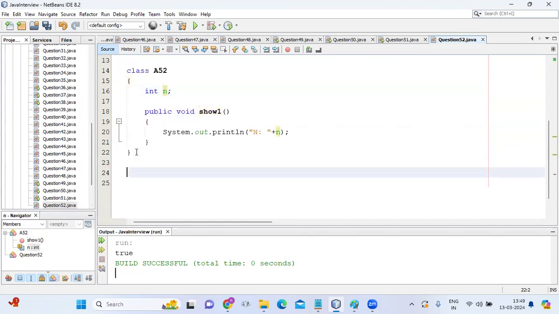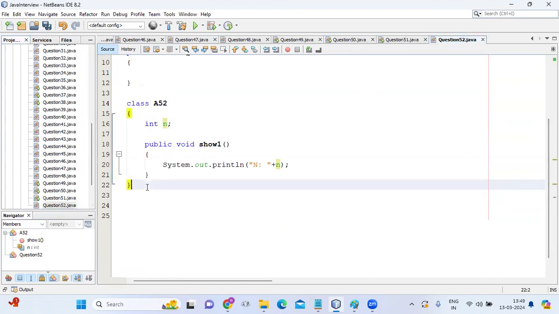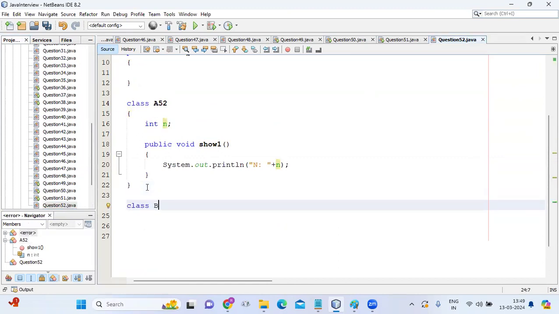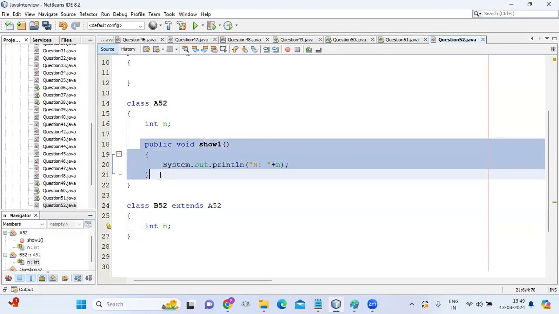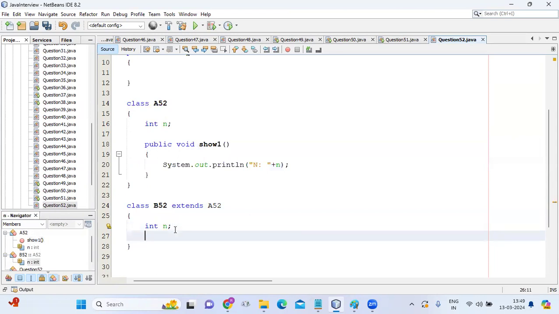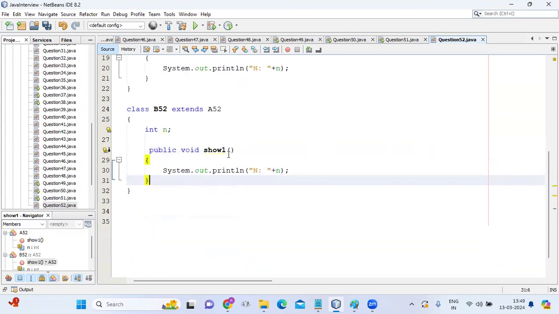And then in the subclass, let's say we write B52 extends A52, guys. And then here again I declare integer n. Then suppose I write here a show2 method.